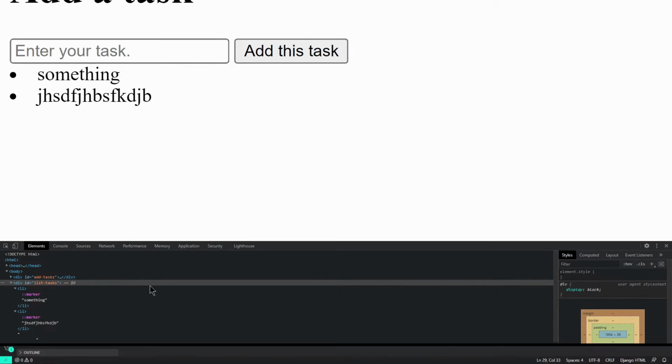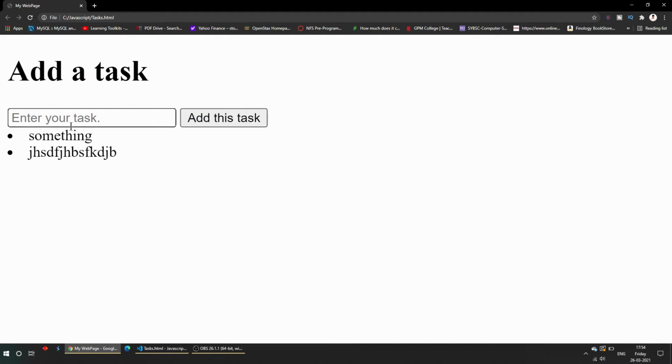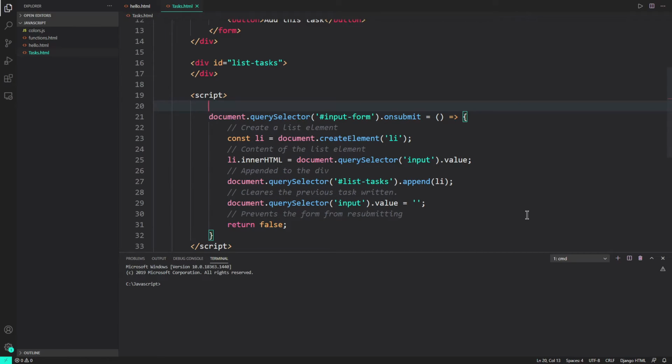Now what changes can be made over here is that if I've written nothing into the task and I add this task, then a blank element gets added. So how can we resolve this problem that we have? For that we will go back to our code, and over here we are going to make some logical changes, which is that before the form gets submitted, when our page is loaded, by default I'll say document.querySelector,